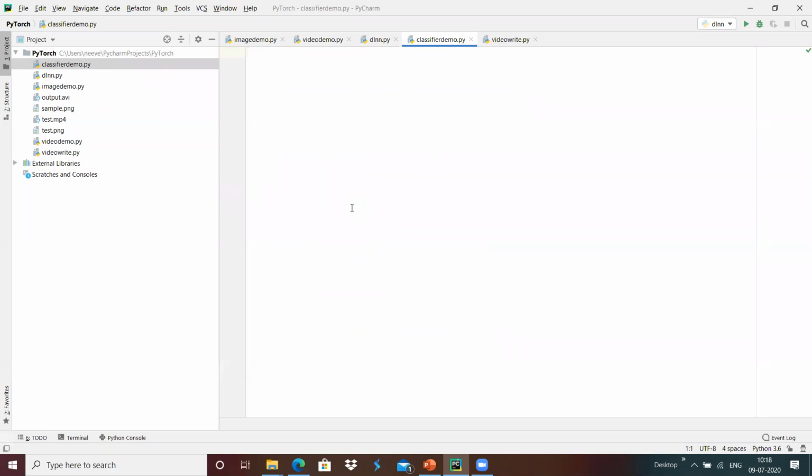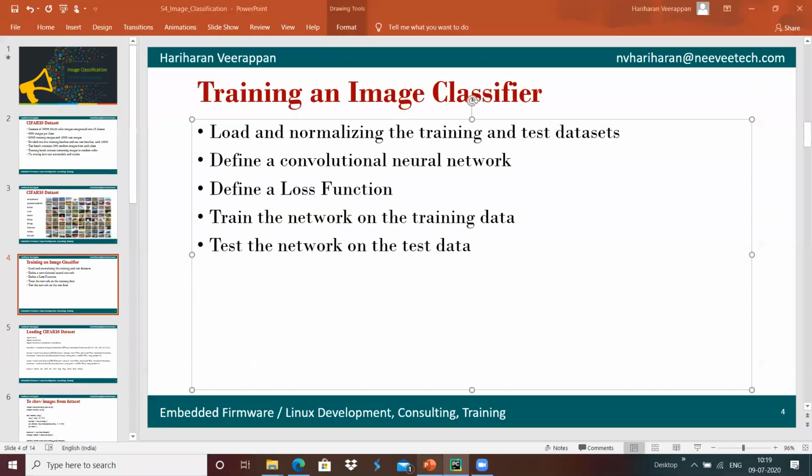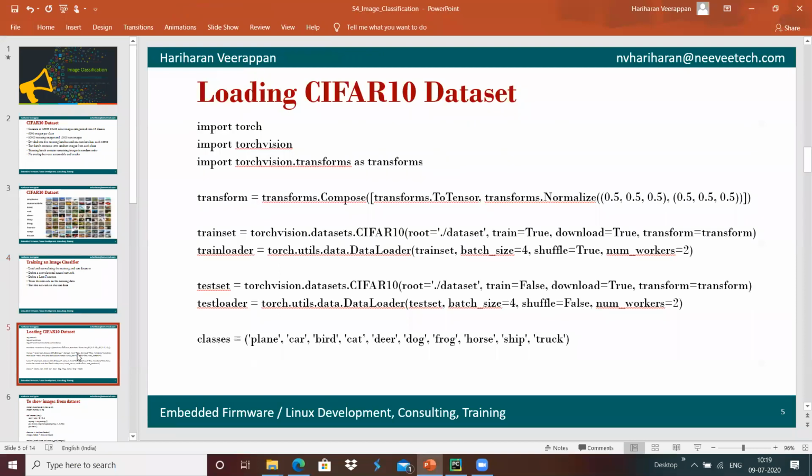In that, I'm going to do import torch, which will be used for PyTorch, and import torch.nn as nn over here, and then we can use that in order to load the data set.